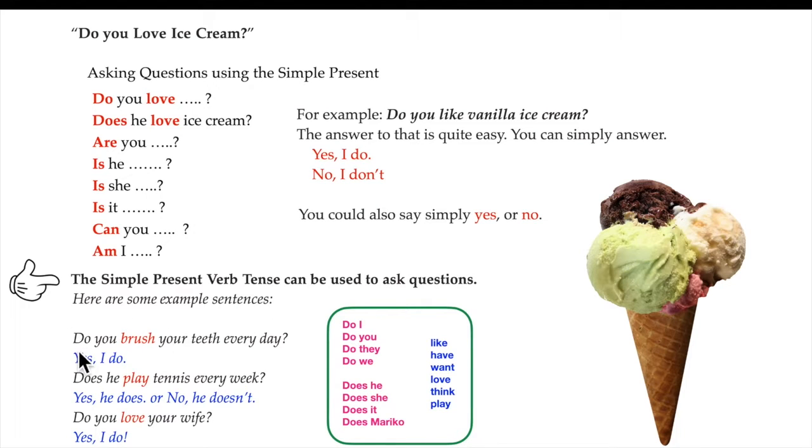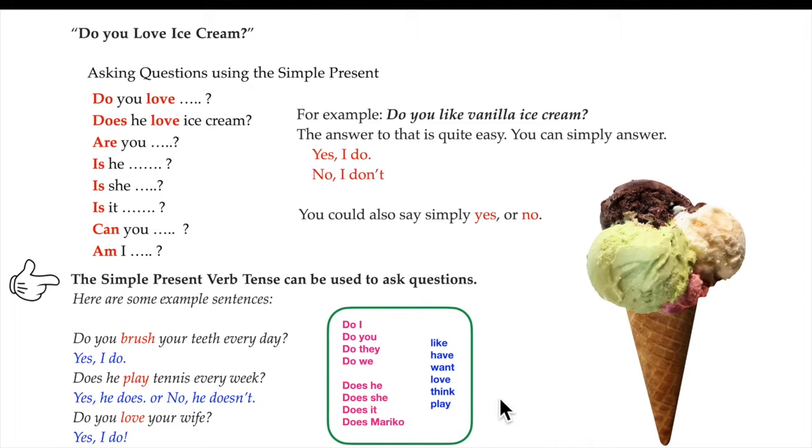Here's a couple examples. Do you brush your teeth every day? Yes, I do. Does he play tennis every week? Either yes, he does, or no, he doesn't. Do you love your wife? Yes, I do. And notice that these verbs here kind of work like the other ones that we talked about